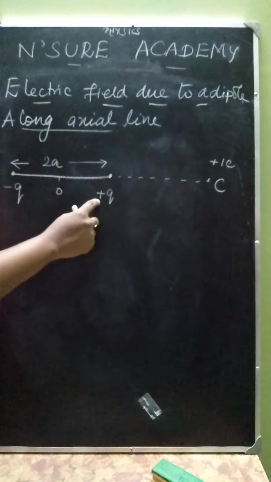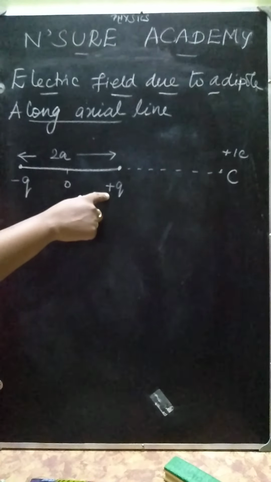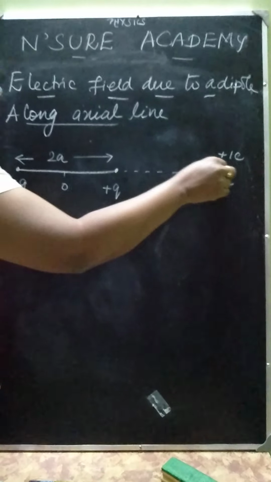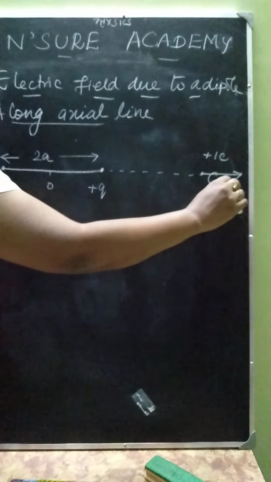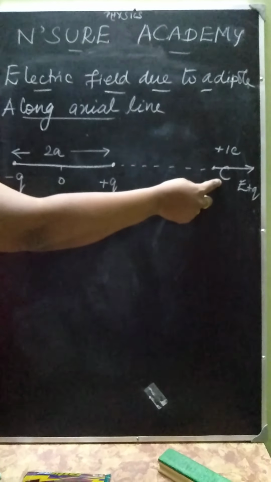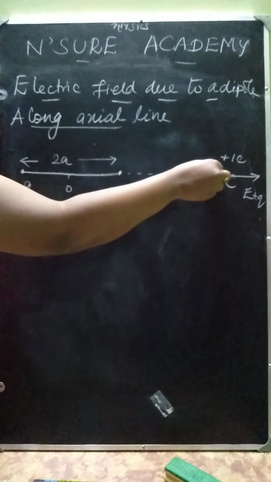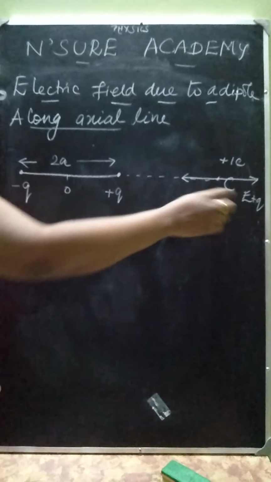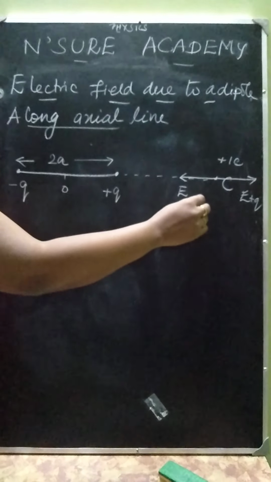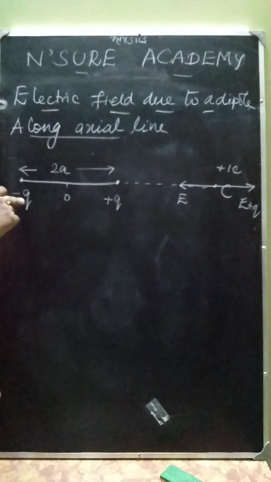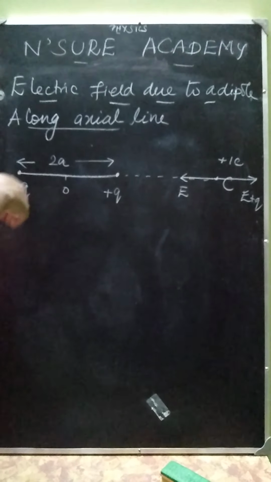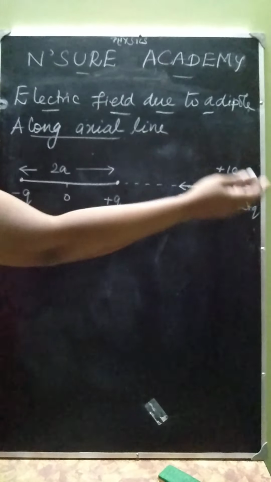So these two are the same charges. Whenever we have the same charges, they will repel. So the field due to the plus charge, E plus q, will point away from the charge. And due to the minus q, the test charge will get attracted. So the other electric field, E minus q, will exist opposite to E plus q, towards the minus q, because electric field lines are drawn towards the charge for minus q, and from the charge towards infinity for plus q.